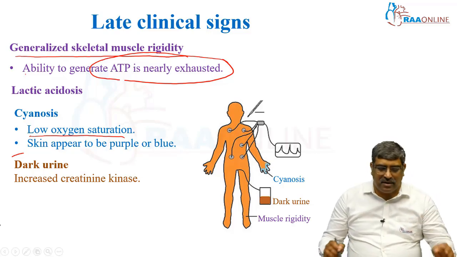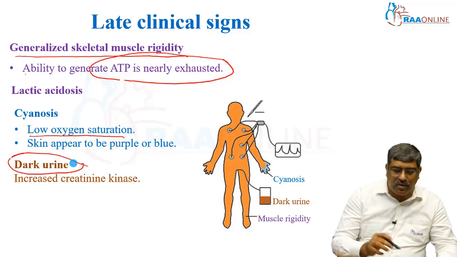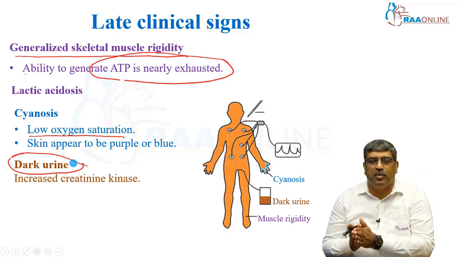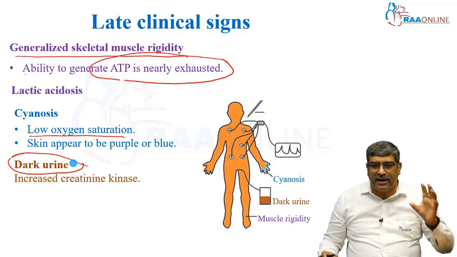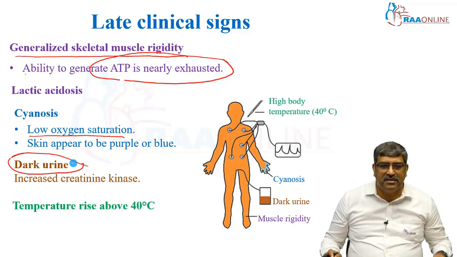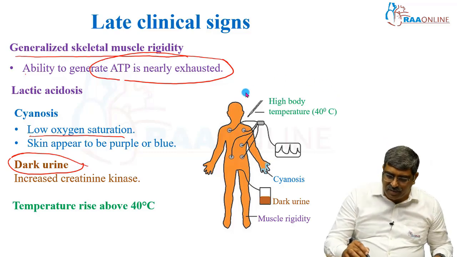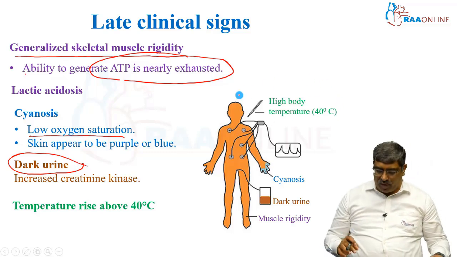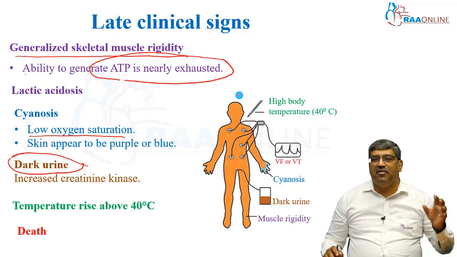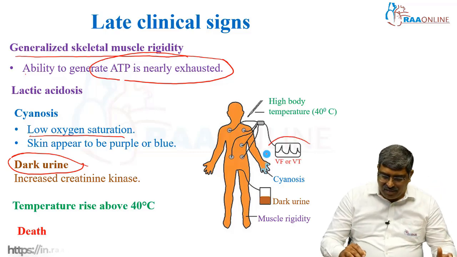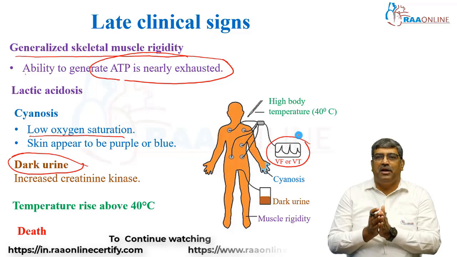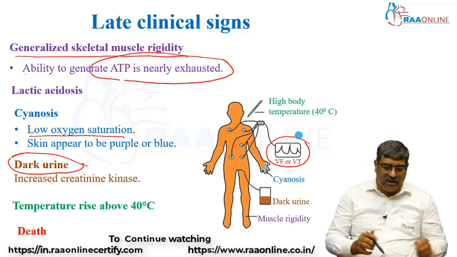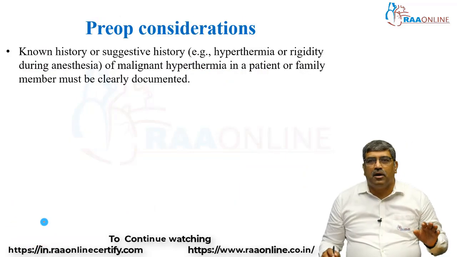In the urine catheter, you might have dark urine which might be due to myoglobinuria and there might be increased creatine kinase. The temperature becomes very high, it goes beyond 40 degrees Celsius and the patient will have VF or VTAC, and invariably if it's not treated it ends in mortality. Now coming to the